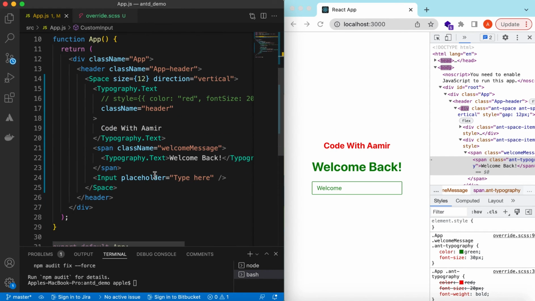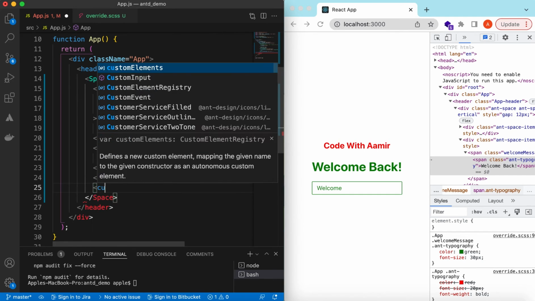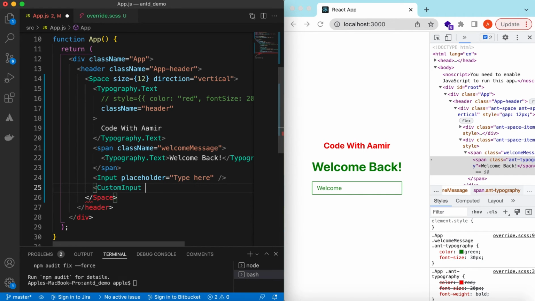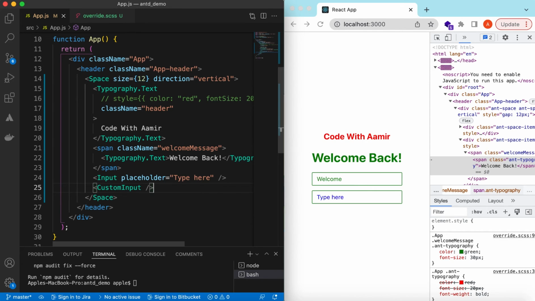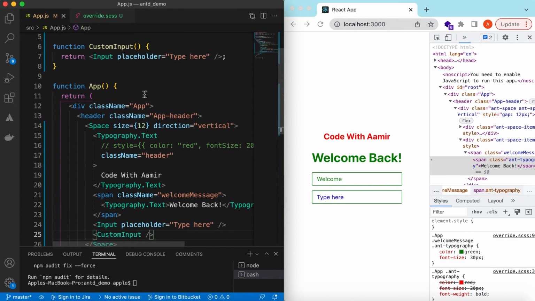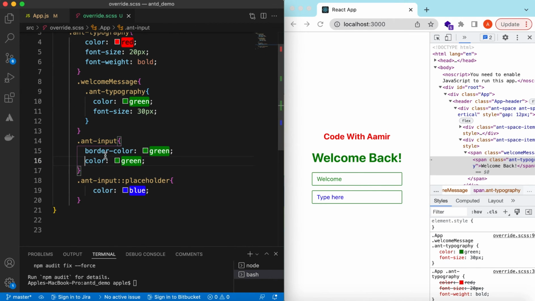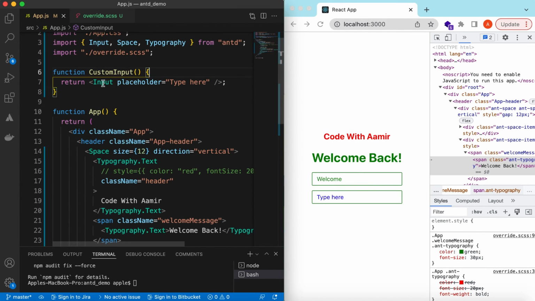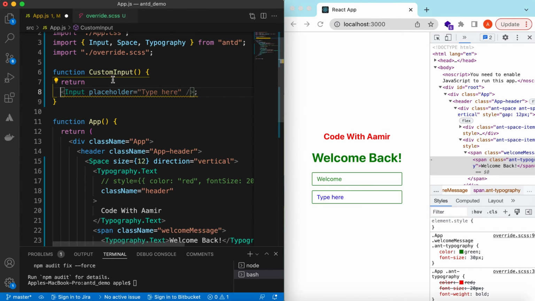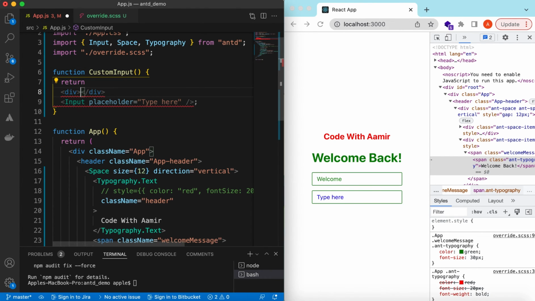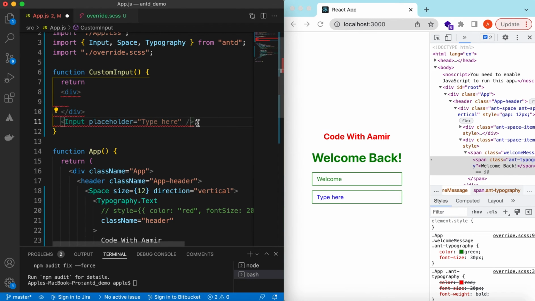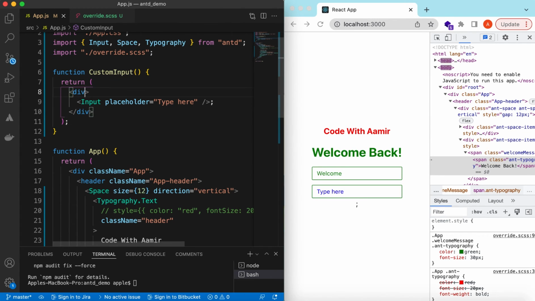Right, and here we can say the custom input. Right now it's the same because we are still overriding it the same way, but here instead of the input, if I say return a div, and inside the div return the input, let's add a parenthesis here, okay,